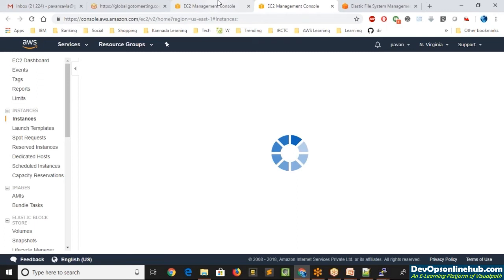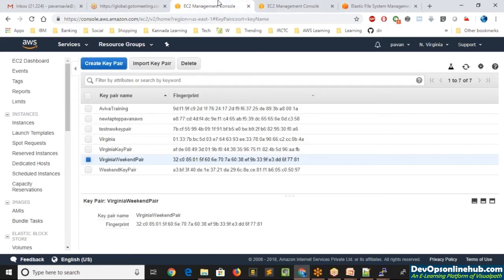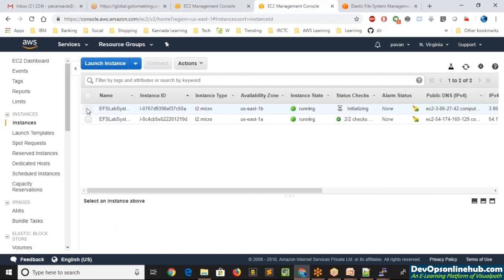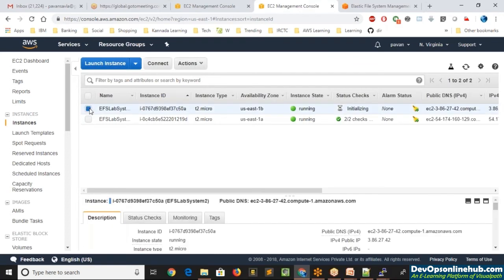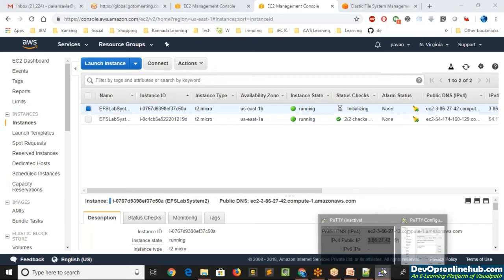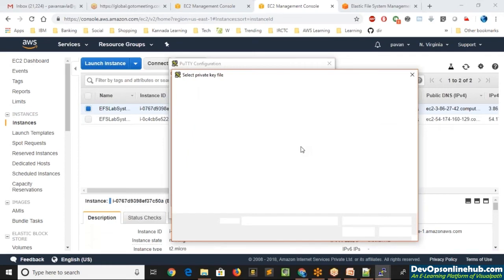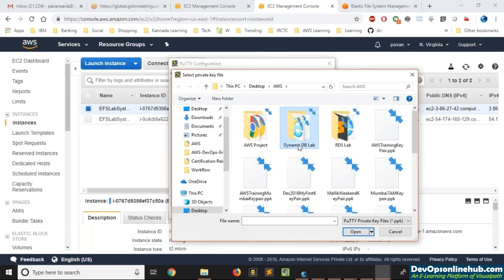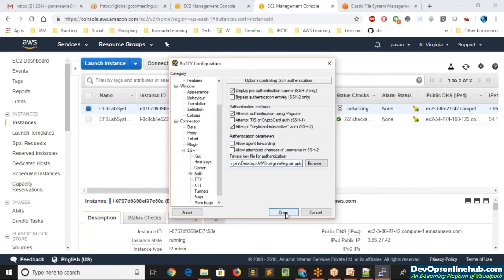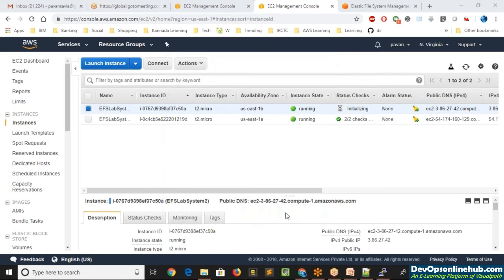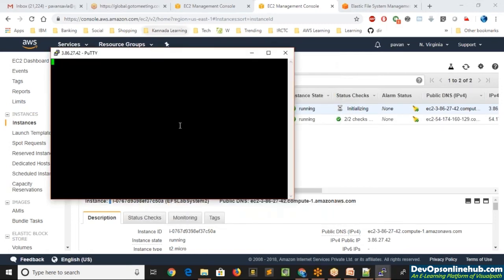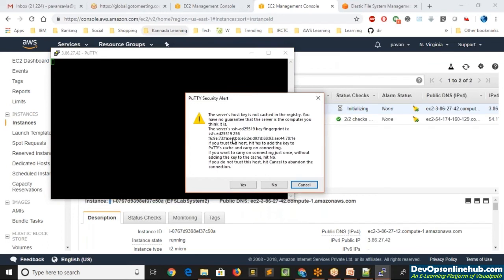So I'll quickly open the second system as well. I'll copy the IP address, put it to the PuTTY terminal. Yeah, I guess this key fingerprint is completely different from what we are trying to log in with.